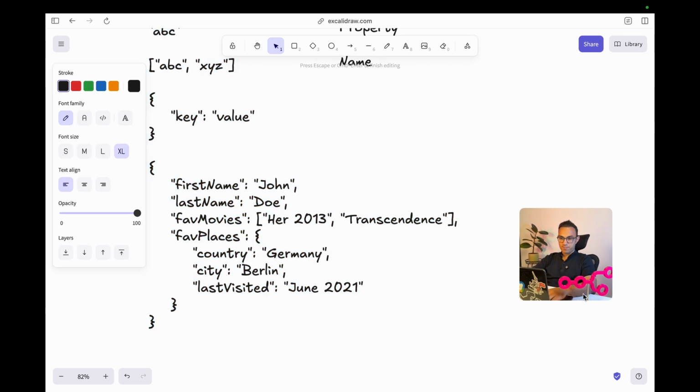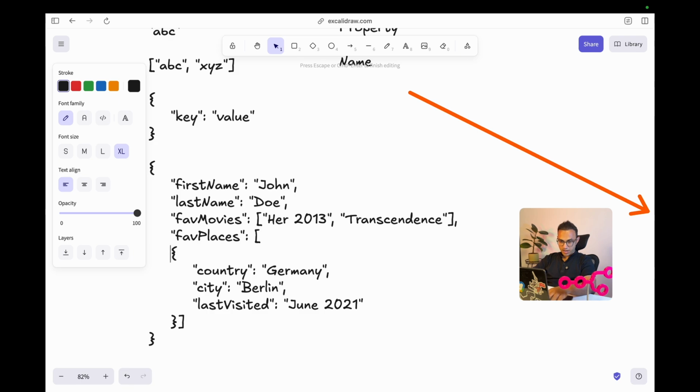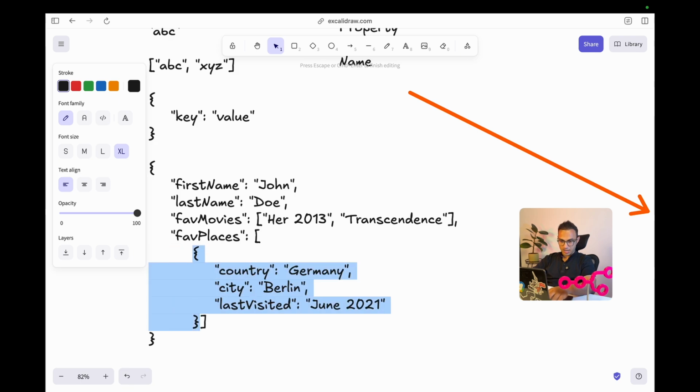This is the time when it gets a little bit complicated. You see, that object of places starts from here, stops here. I can also do arrays, right? So now I'm doing an array of objects. Same thing as here, it was a string, comma, string, comma, string. Now I have created an array. I started an array. I can do it also like this so that it's a little bit tidier.